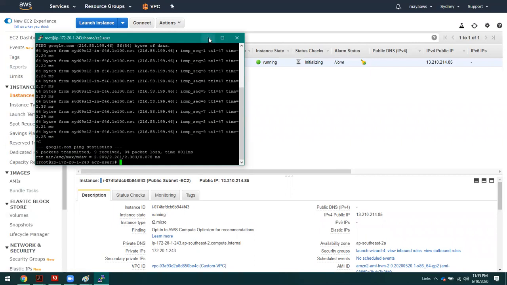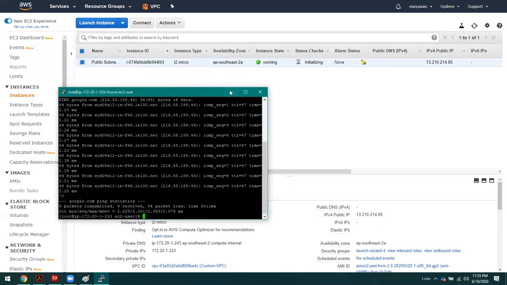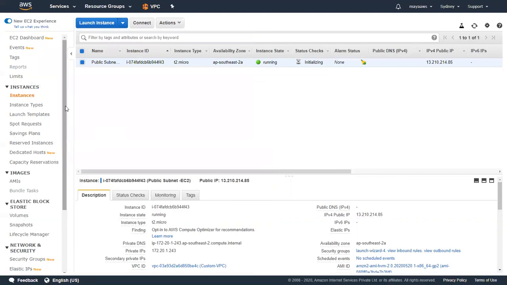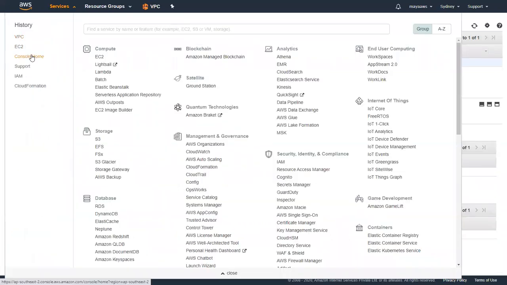Okay, now we are going to see how to remove the internet gateway. If there is an EC2 instance using that internet gateway service, we cannot remove it directly. So the process is we have to remove that EC2 instance, or attach that EC2 instance to a different internet gateway for passing the internet traffic. Then only you can remove that particular internet gateway. Now let us see whether we can remove the internet gateway or not.